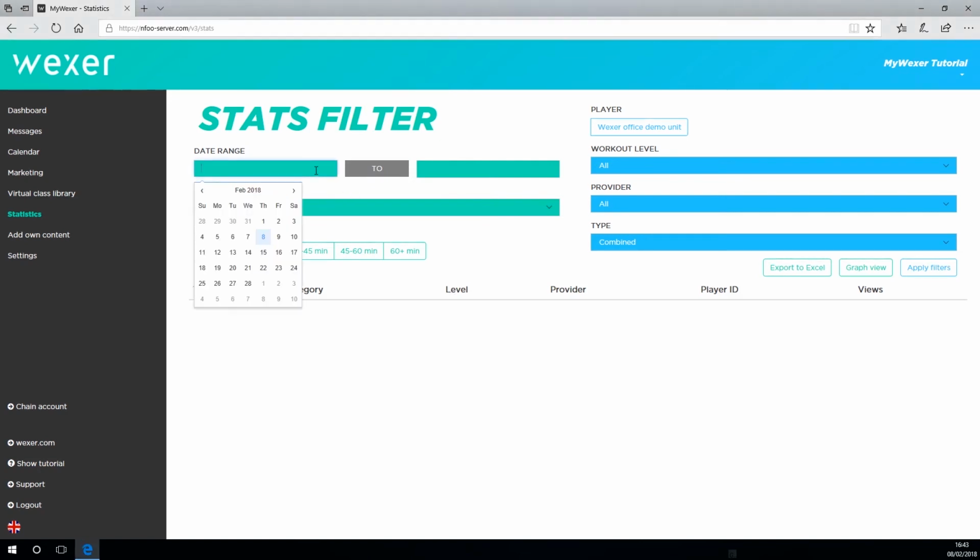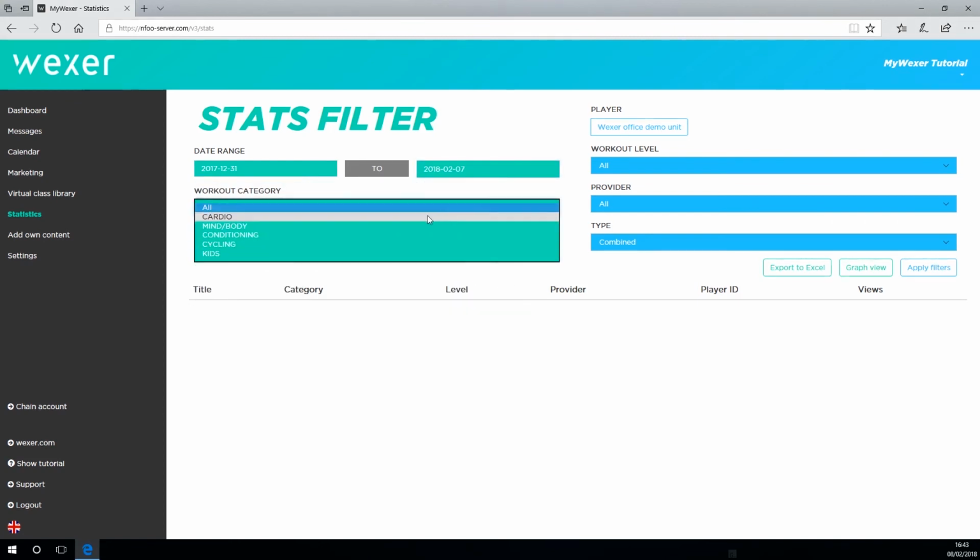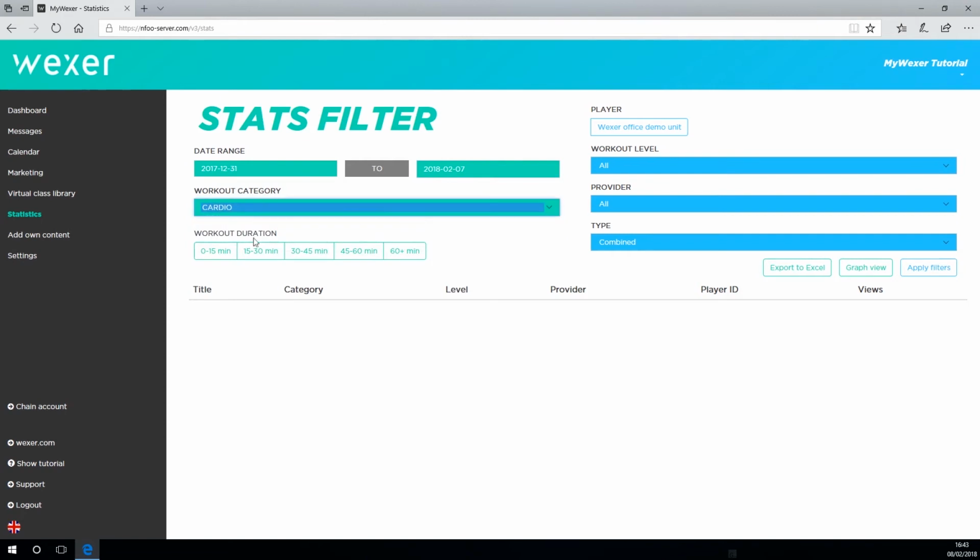On the left here, you can select the date range you want to look at, the style of class you're interested in, the length of the class. You can use 1, 2 or all of these at a time. Click the player that you want to look at